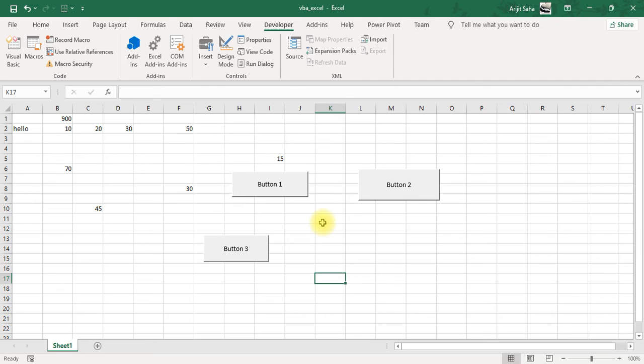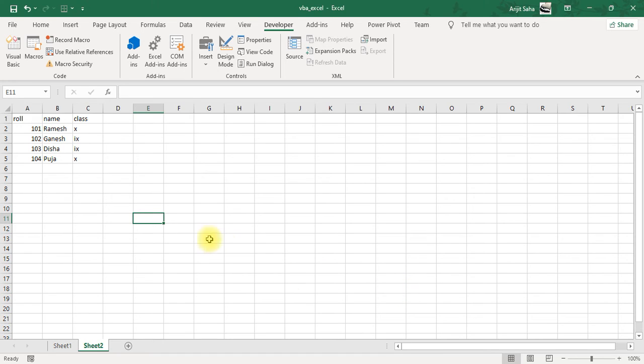Now moving on, we have to learn how we can sort columns using a macro, because sorting is a very important thing that we need to do all the time in a particular task. I will write some data, then prepare the program and show it to you. So we have this small data over here, and we will be sorting it. Our data starts from A1 and ends at C5. That is the range that we have to mention.